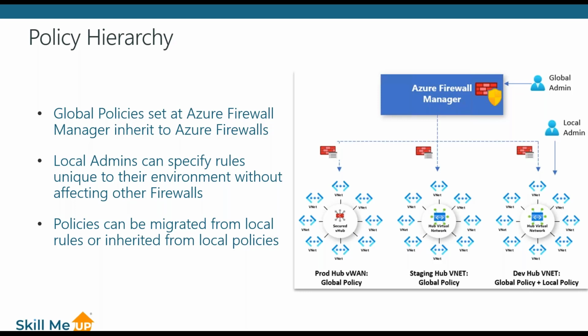So, a good example, a lot of times in your prod environment, you may set up your secured vHub, and then maybe in your staging environment, you still have a traditional hub VNet, so that you have a little bit more control, or you have a more dynamic environment where you're adding things and deleting them. And then your dev environment, you're going to have a lot of things where, I need to be able to test from this connection over to this connection. And so all those pieces maybe are being managed by your local policy guy,